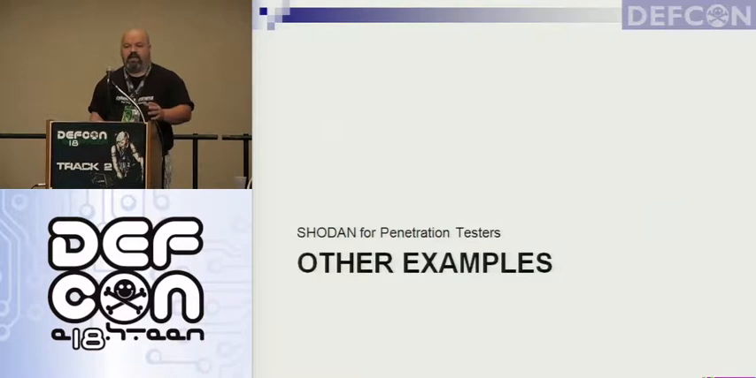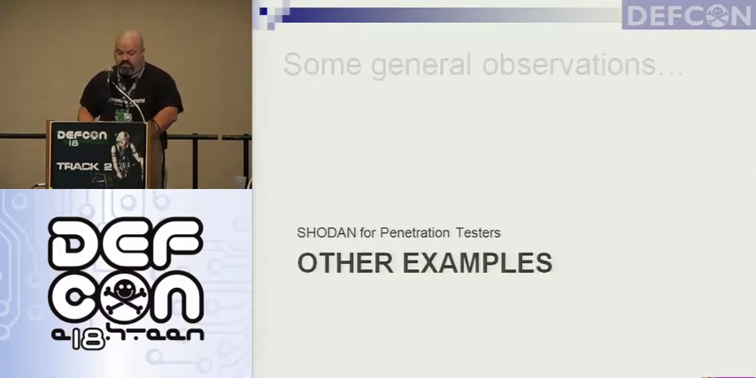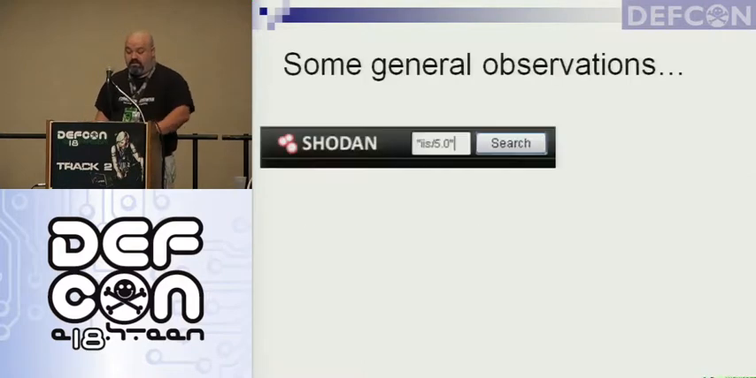A few other small examples and then we don't have time. General observations. So I did some searches on Shodan. This is just for interesting data. I searched for IIS 5.0, and we know that it's Windows 2000. There's a lot of them out there, so 306. This is a couple months old, but